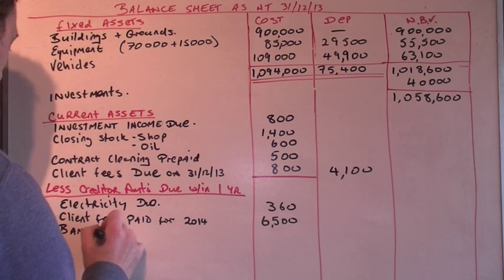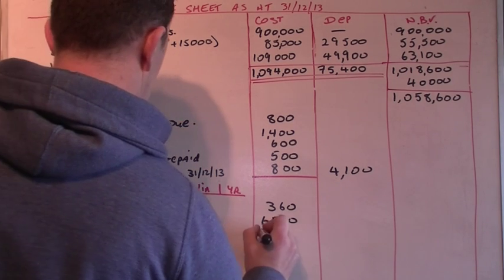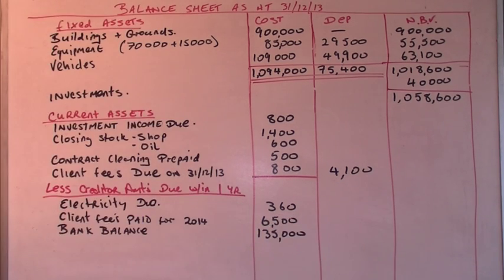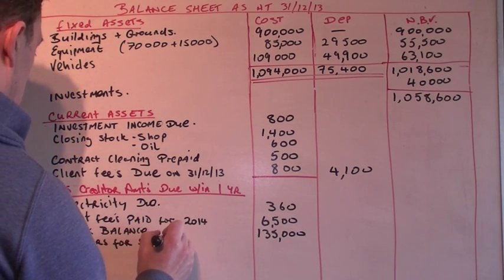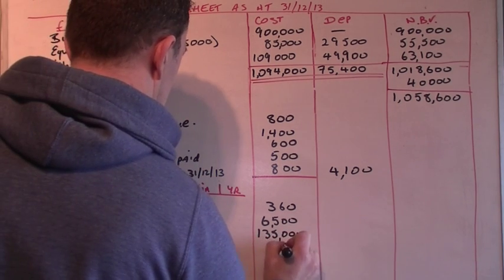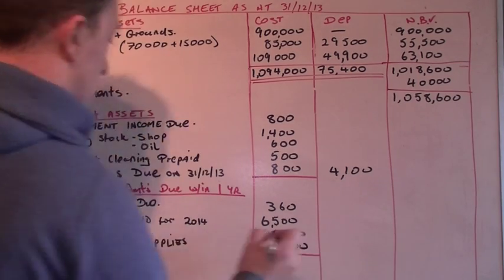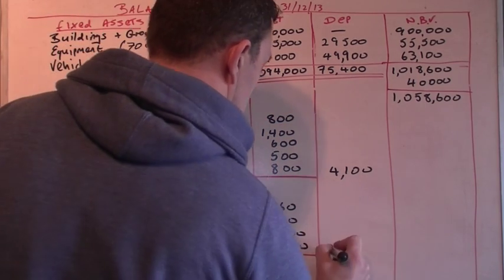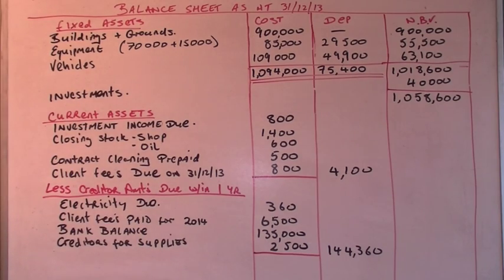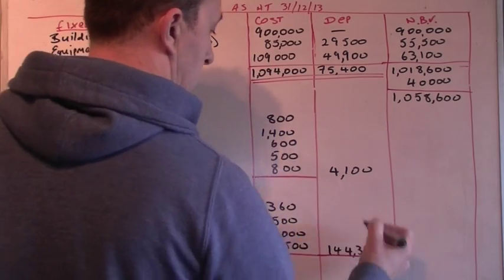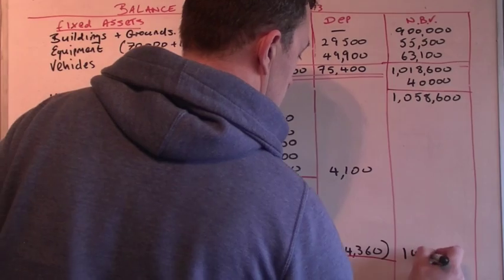The bank balance at the end, and you can find this on the debit side of the receipts and payments as a balance carried down, is 135,000, which will be brought down as a loss or as an overdraft. And then our final figure is creditors for supplies, 2,500, giving us a total liability of 144,360,